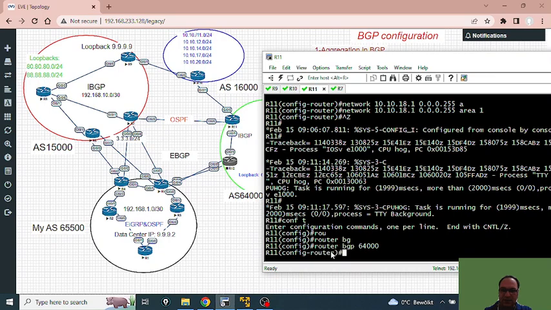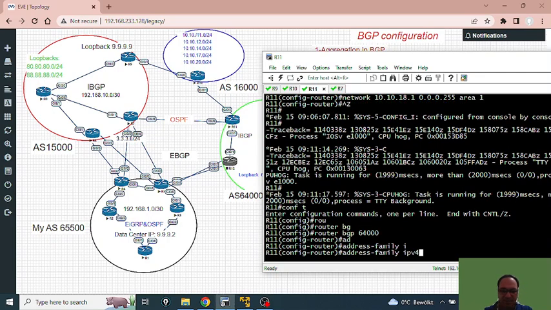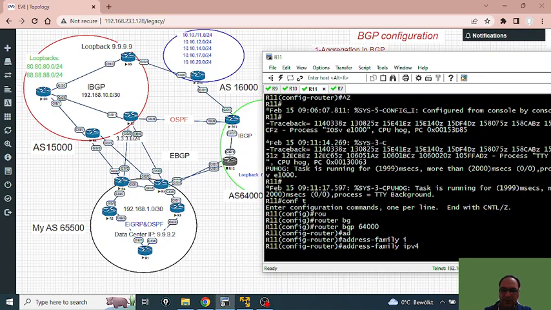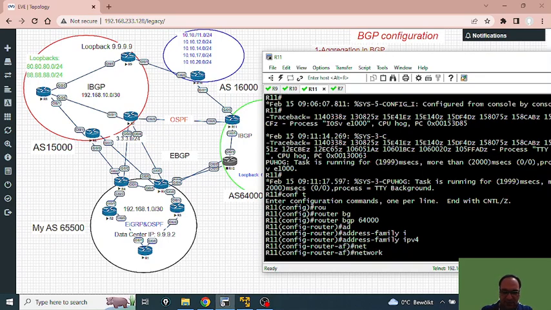Then I go in address family IPv4, and now says that, okay, for the network 10.10.18.0,